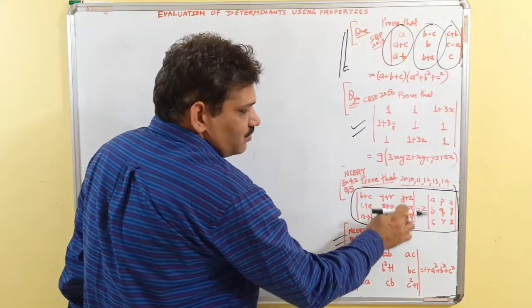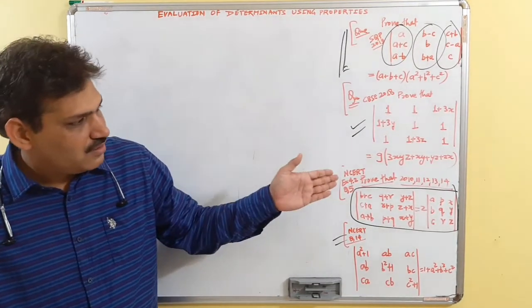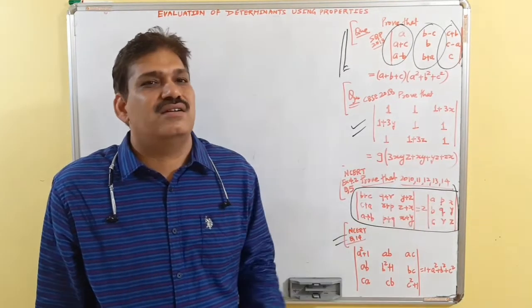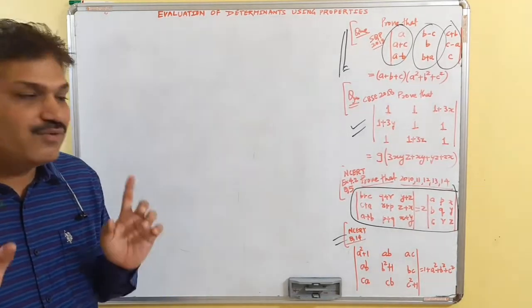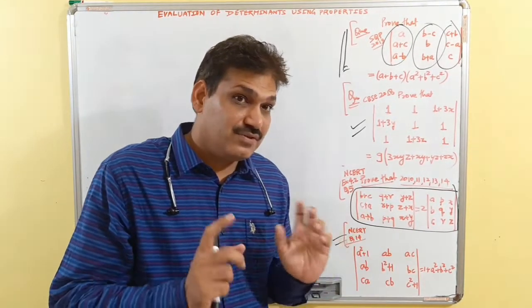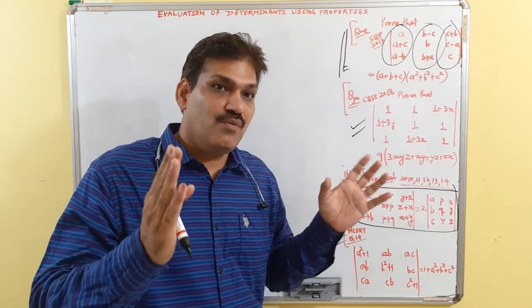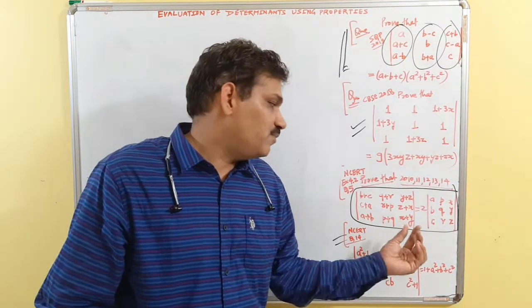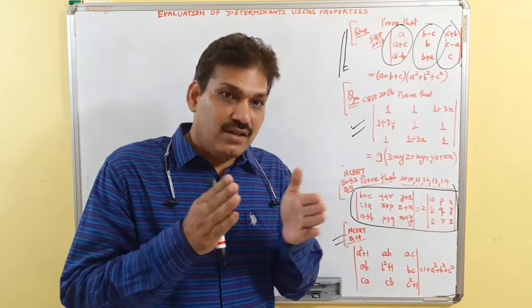B plus C, C plus A, A plus B, Q plus R, R plus P, P plus Q. This is equal to 2 times the determinant of A, P, X, B, Q, Y, C, R, Z. So there are a lot of methods. You can split, but if you split with respect to this column, you will get 2 determinants. Now both of them will be split with respect to this, then 2 2s are 4, and both of them will be split with this, then 4 2s are 8. There will be 8